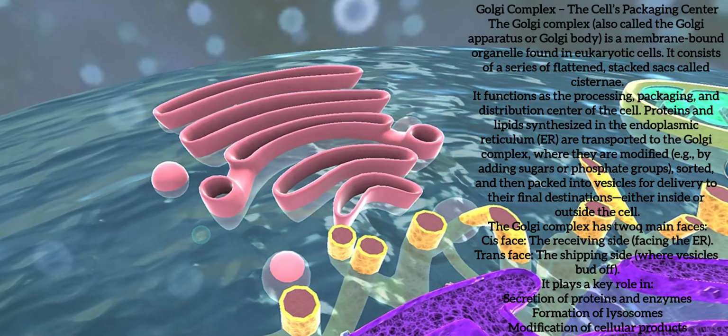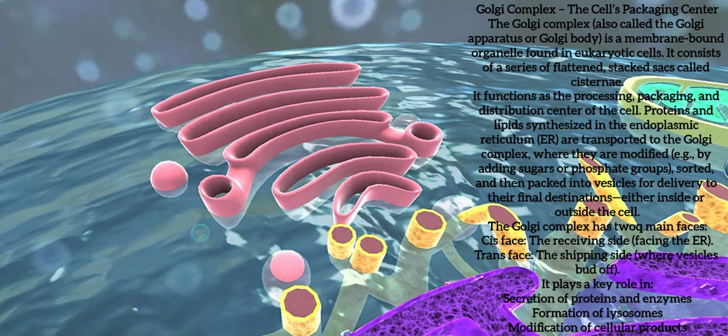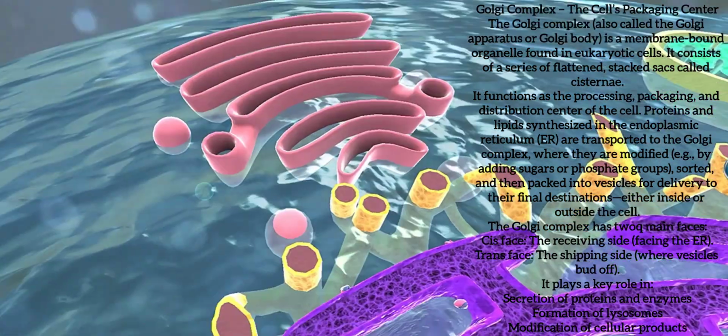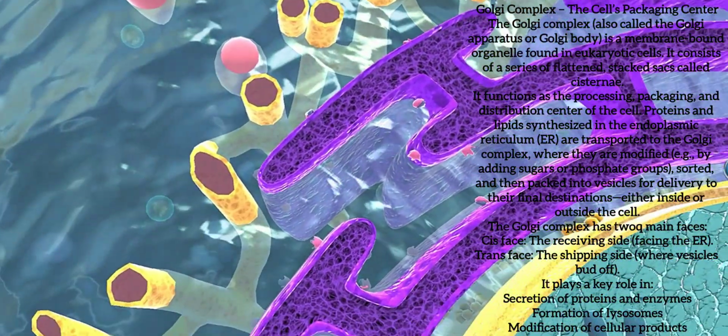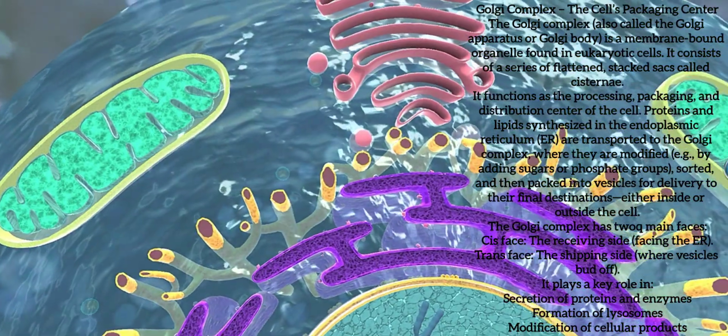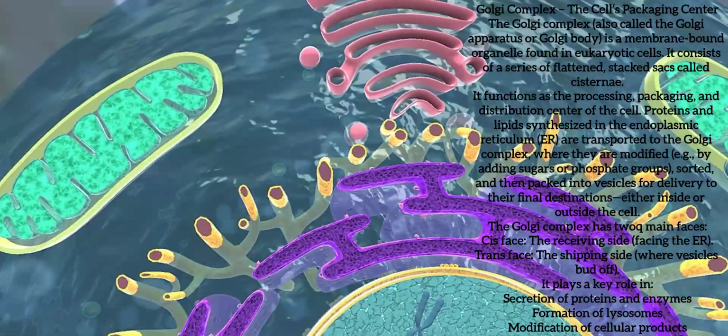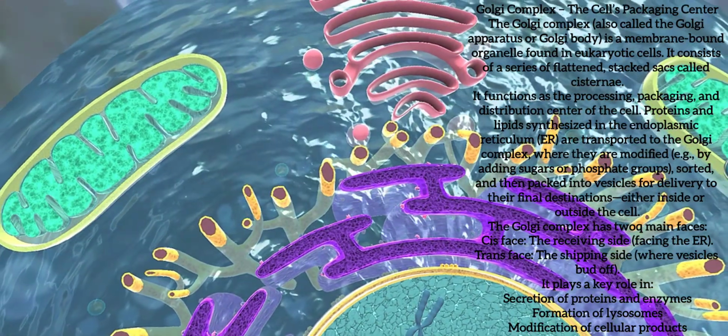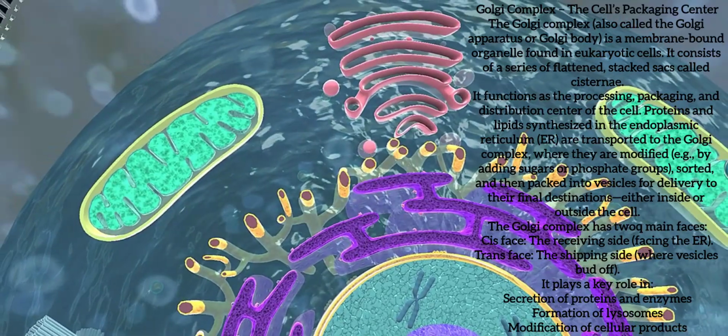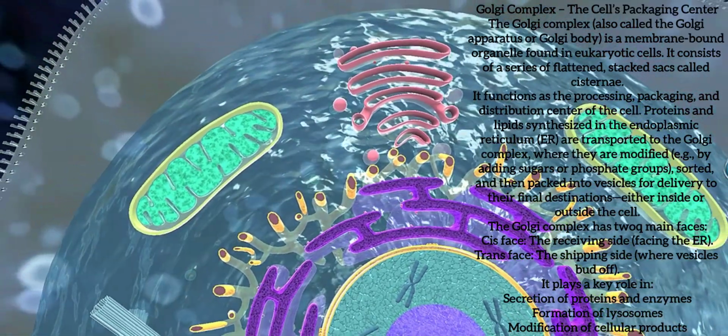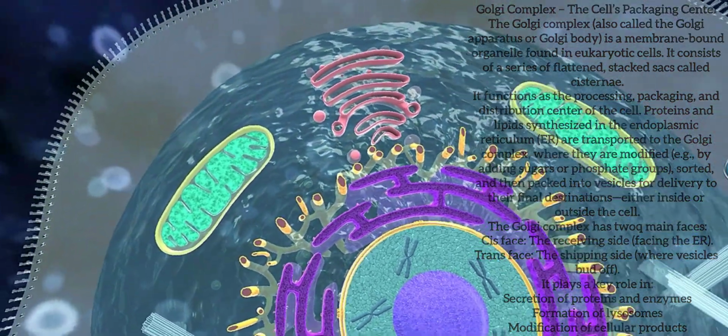Proteins and lipids synthesized in the endoplasmic reticulum are transported to the Golgi complex, where they are modified, e.g., by adding sugars or phosphate groups, sorted, and then packed into vesicles for delivery to their final destinations, either inside or outside the cell. The Golgi complex has two main faces. Cis face, the receiving side facing the